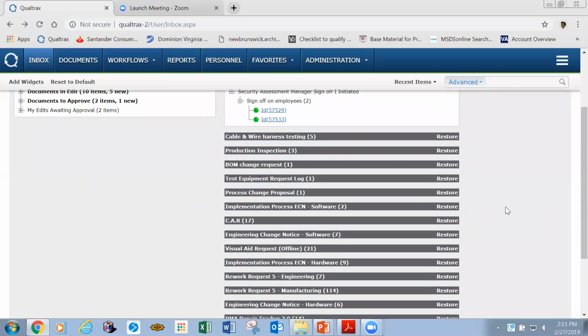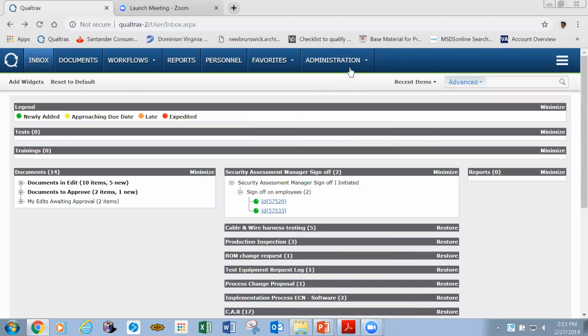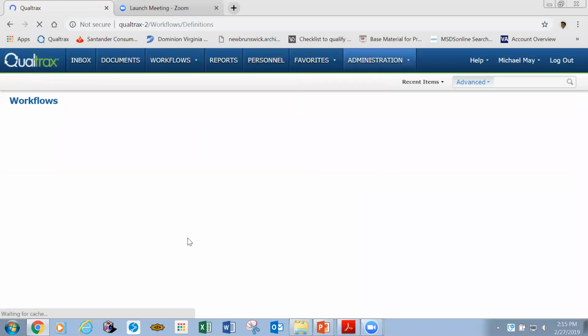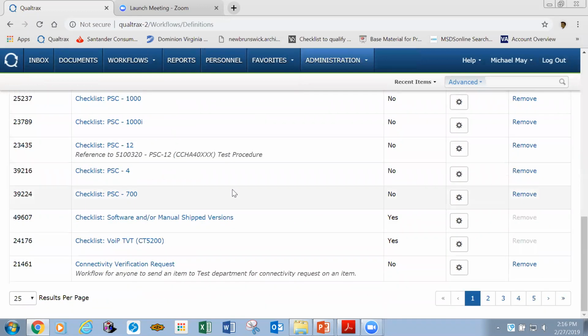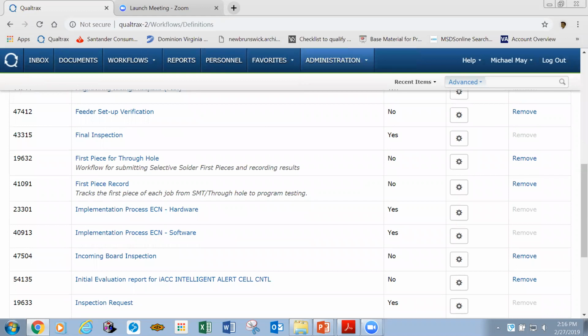So with that being said, let's open up an RMA. And I can give you a kind of behind the scenes look. Basically, the workflow is designed to follow a process that hopefully is already in place. You kind of need to map out what your process consists of, currently, sort of your baseline product. How are you currently processing RMAs? Once you get that on paper, and it looks similar to this, I do have a,